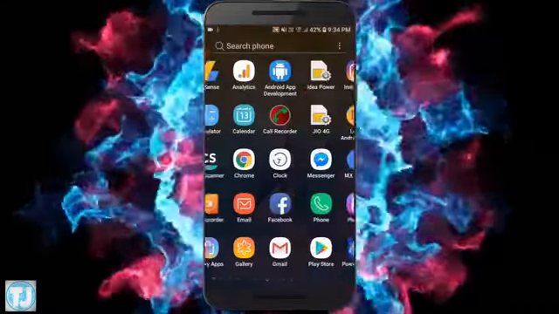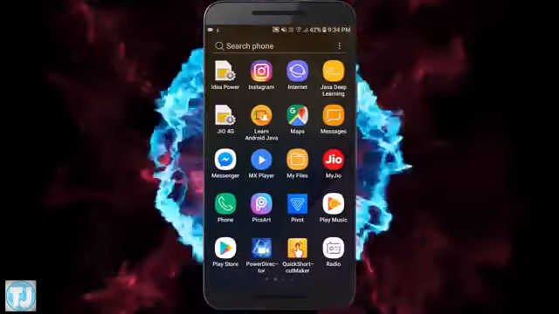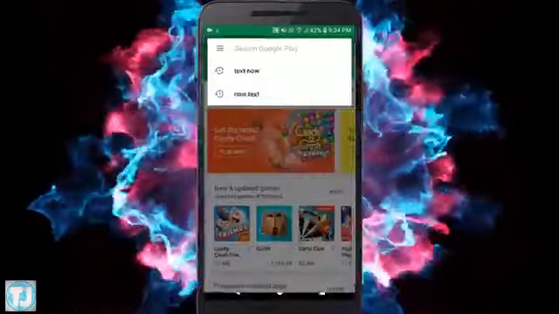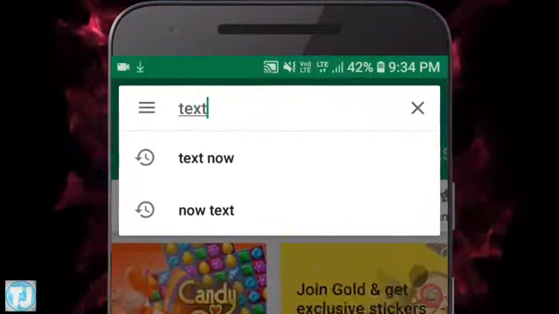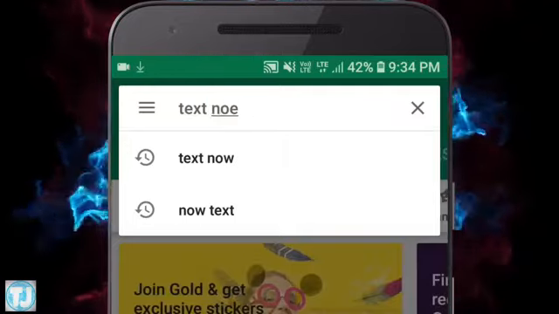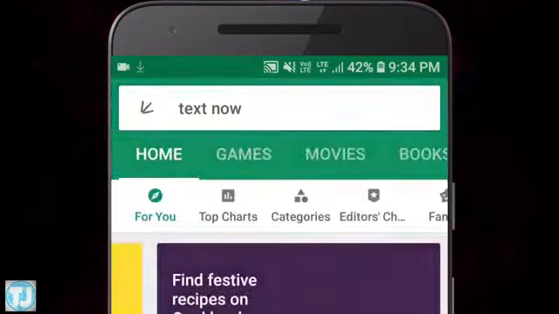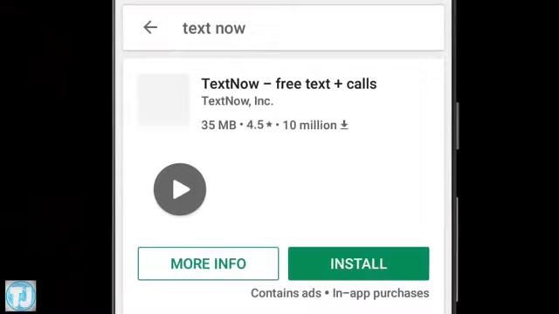So friends, if you want to use WhatsApp without number, you have to download an app called Text Now. So open your Play Store app and search Text Now. Here it is.